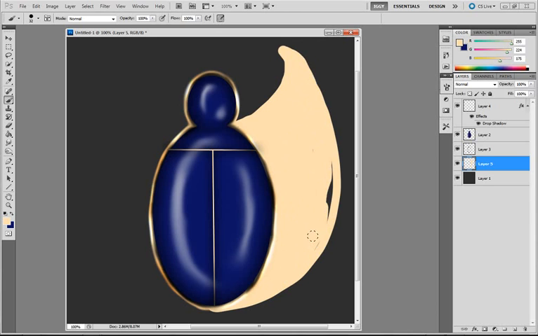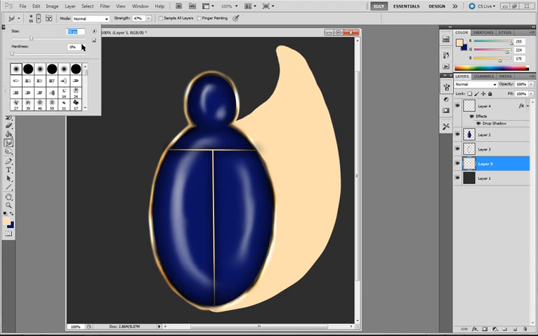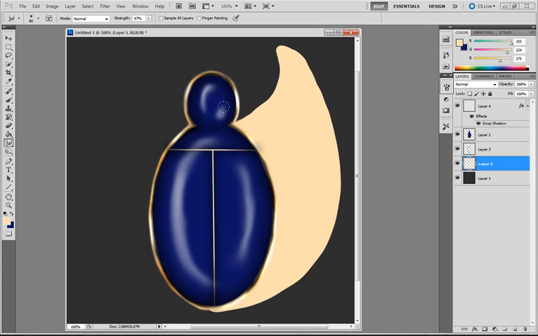And we're only going to paint this on one side because we want them to have symmetry on both sides. So we're only going to paint one side, and then we're going to duplicate it and then flip it to the reverse side so that they match. But for now, we're just going to paint this one side,